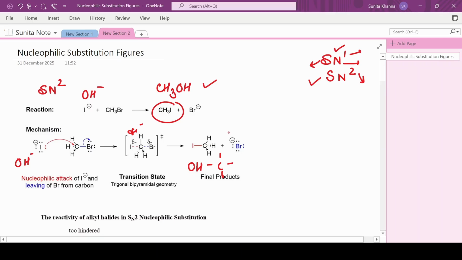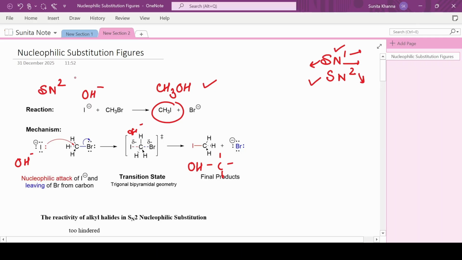This is one of the methods of preparation of alcohol from the alkyl halide, or one of the methods of preparation of the iodide derivative of alkanes from the bromo derivative. It could be chloro derivative also. Is that clear? So it is SN2, nucleophilic substitution reaction,